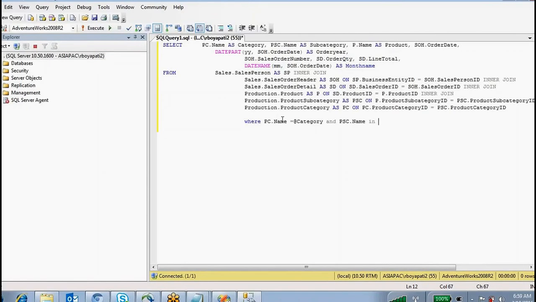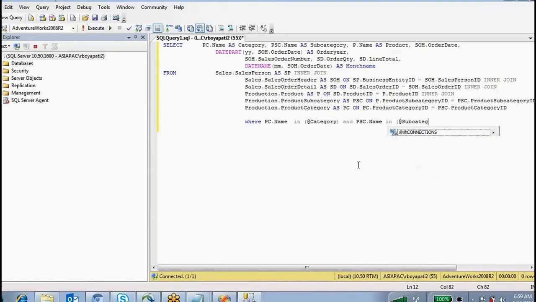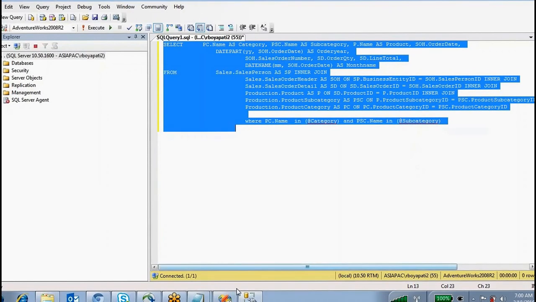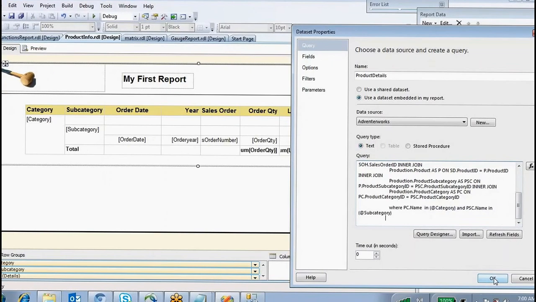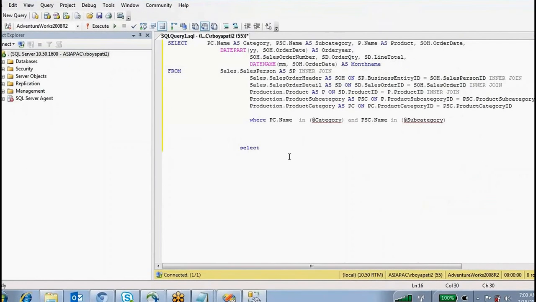Okay, just copy this one and paste over here. For subcategories, I want to create one data set. Select from this table.